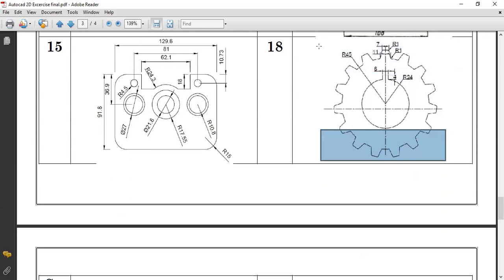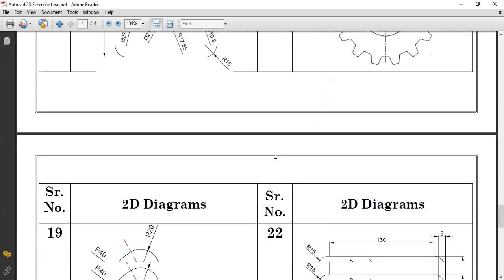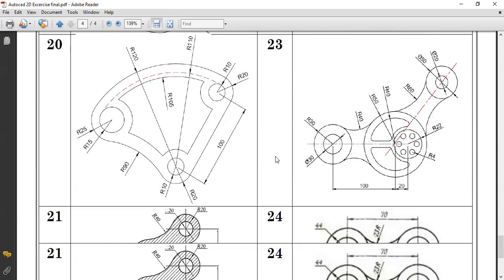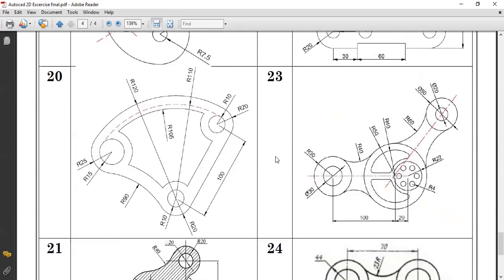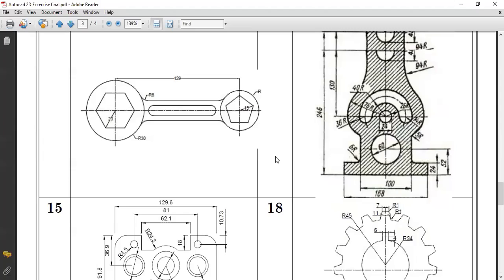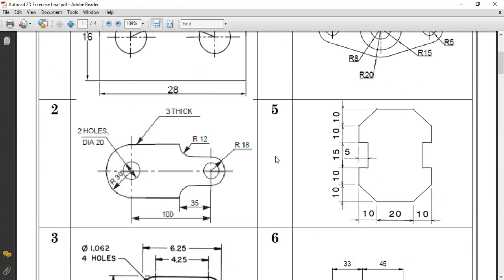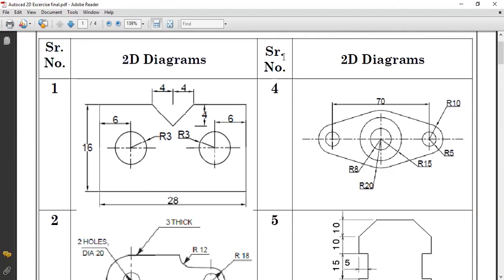So the gear we have seen, I have drawn this gear. You might be knowing, I quickly drew it using the array command. Many more drawings are there, but they will take more time. So to begin with, we will take a simple drawing. Let us take the first only, not go into more depth. Time is very less with us, so we will see the first drawing.